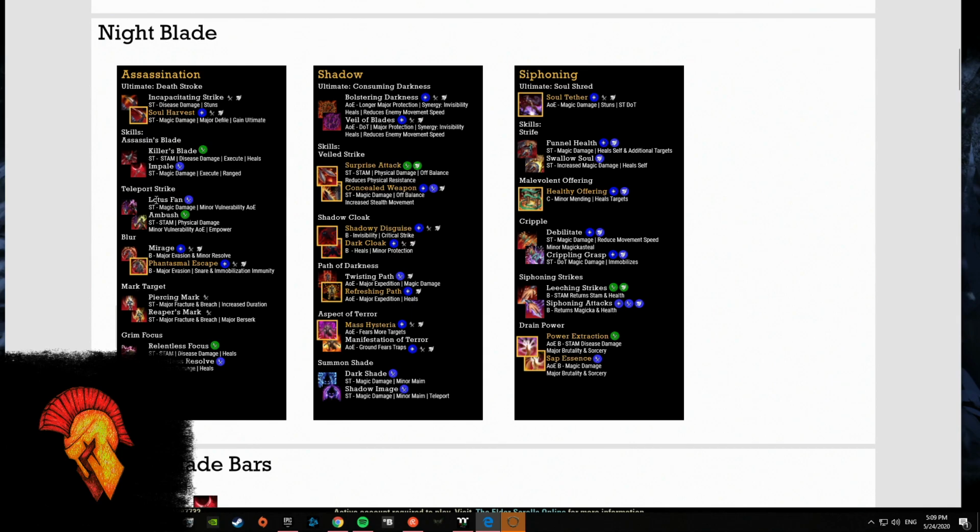Teleport is a gap closer. Ambush applies Minor Ambush, which does the minor AoE as well, but gives you power. Those are also pretty solid gap closers. I just don't recommend them because they're awesome. Phantom Escape. I kind of recommend this one over Mirage, just because of the snare and